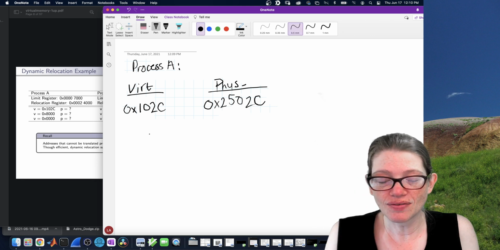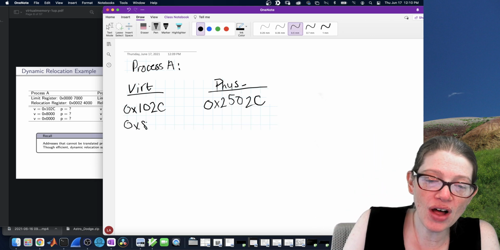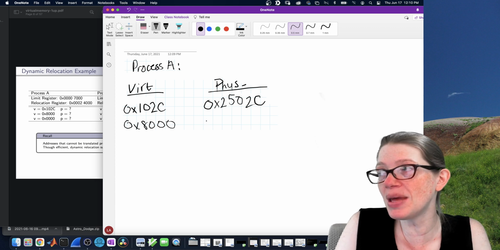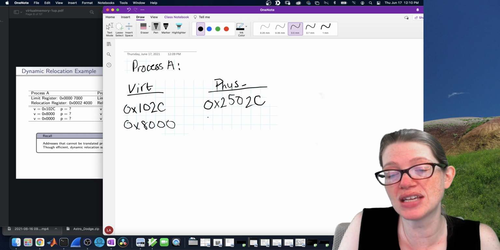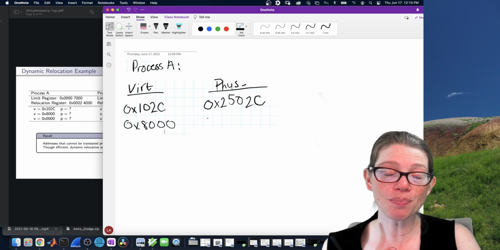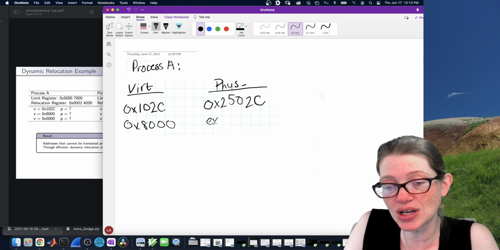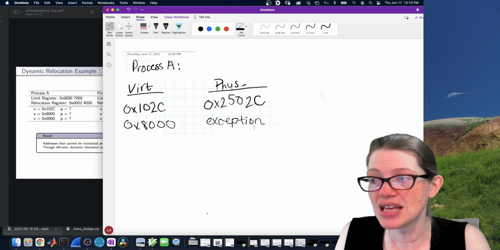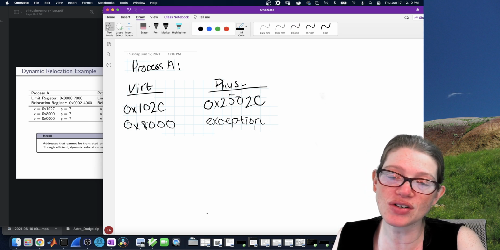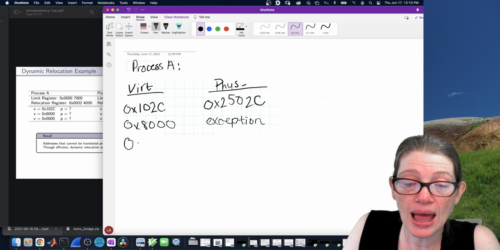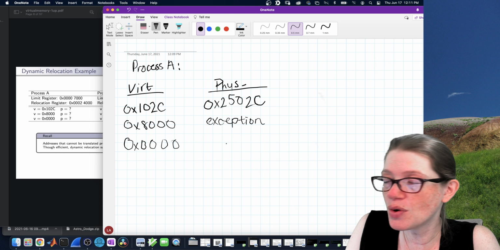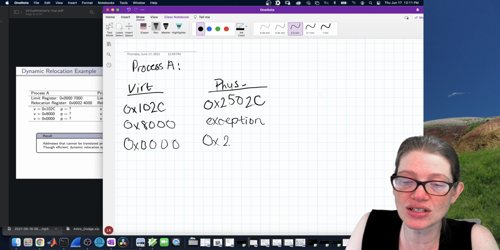Very simple. And then we will move on to the next address, which is 8,000. We compare it to the limit and see clearly it's bigger than 7,000. So we are being pretend MMU, so the correct answer here is to say exception. It is not a valid address, and if you encounter something that is not a valid address, you write exception. And then the last address here is 000. That, of course, is less than 7,000. And when we add it to our relocation register,